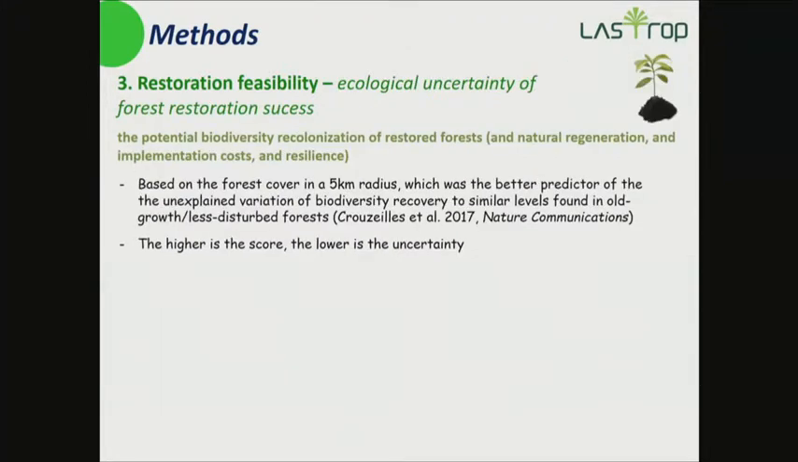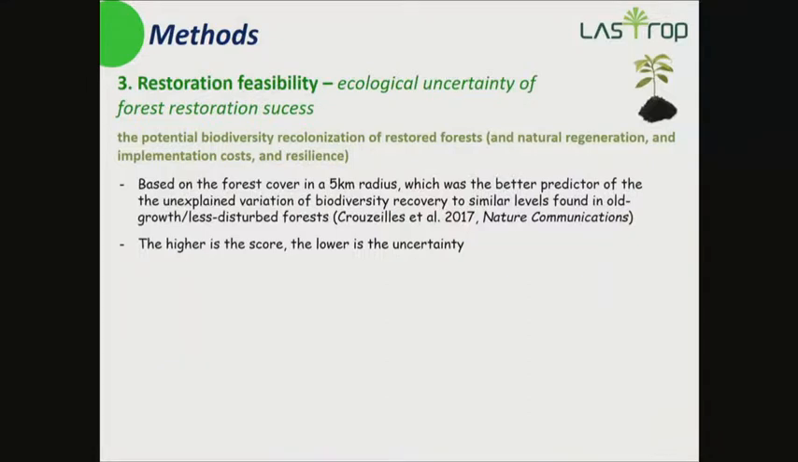The second layer on restoration feasibility was related to the ecological uncertainty of forest restoration success. It's a bit more complicated, but I'll try to explain it in a very simple way. Renato Cruzel is one of the co-authors of this work. He did a meta-analysis using more than 200 studies in the global tropics, and he analyzed which were the major drivers of the ecological success of forest